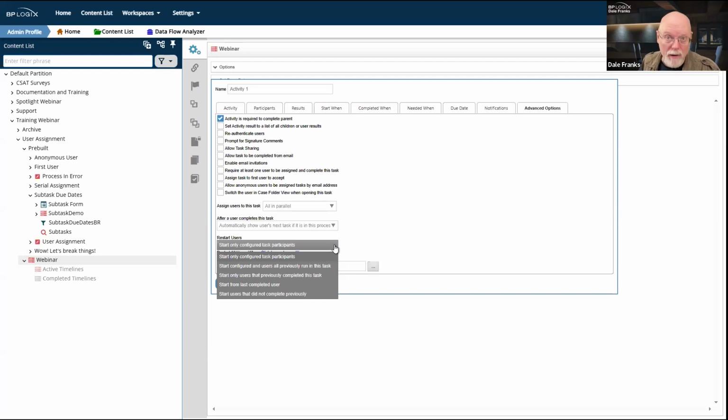Other things that count as a restart: if you go in and manually restart the loop as an administrator. For example, I click on a running activity, right click on it and say restart this activity. Okay, that counts as a restart as well. And those are the two most common types of restart.